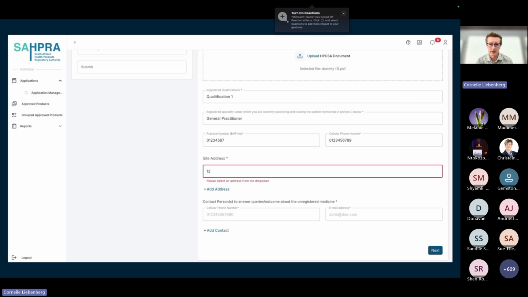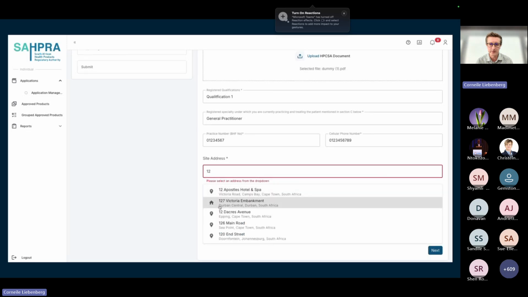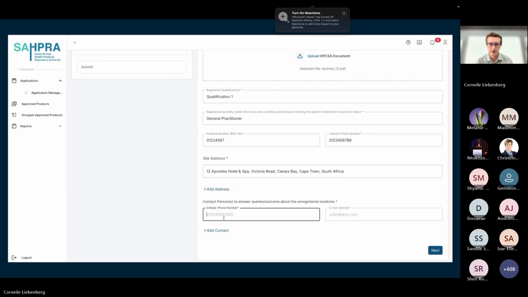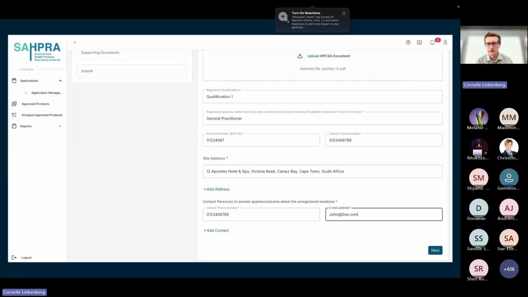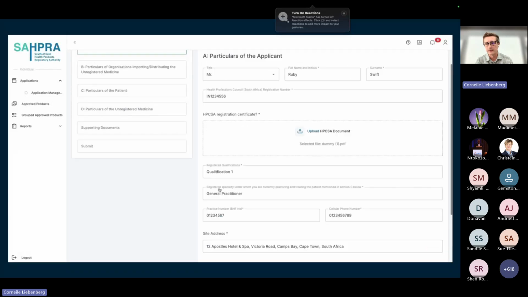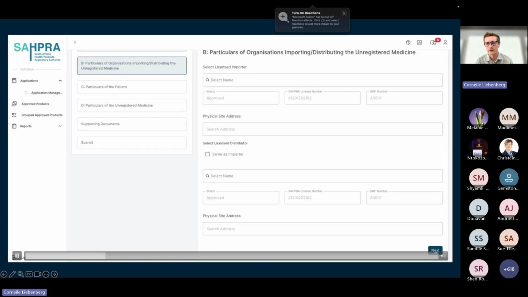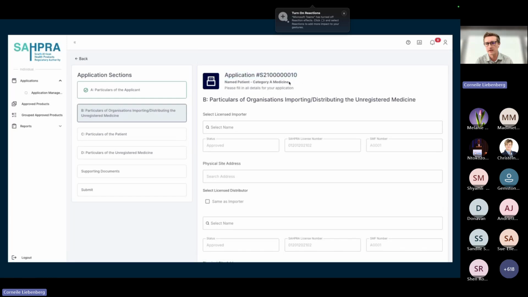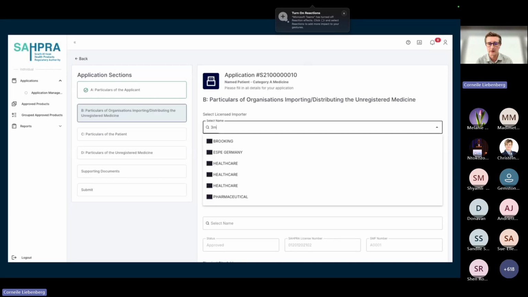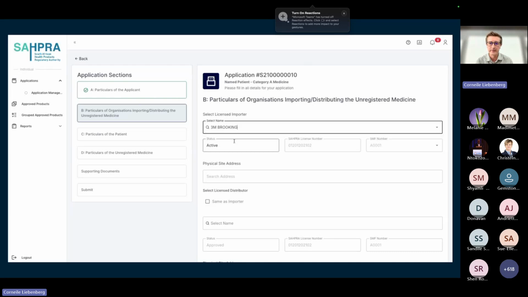Also have on the address, it's a dynamic search box. As you start typing the address, it will appear. You can also add multiple addresses or multiple contacts, and these contacts will also receive the respective notifications from the platform. As you can see there in the top right, there's a little bell at the top where there's in-app notifications in the application itself, and all those notifications also get sent to the respective contacts, yourself as the user that's applying, along with any additional contacts that you add.